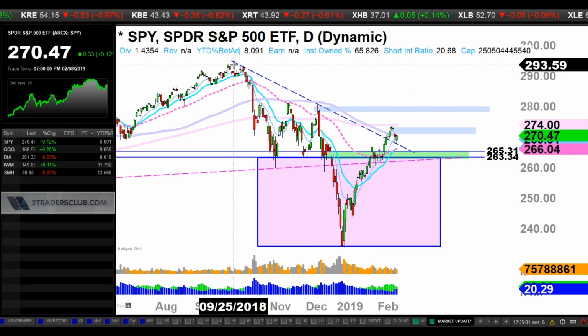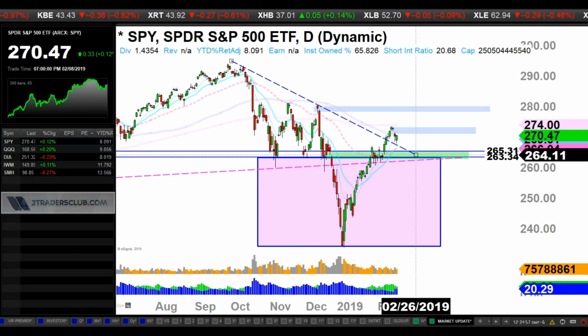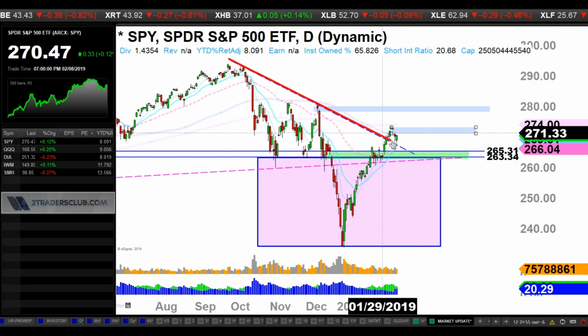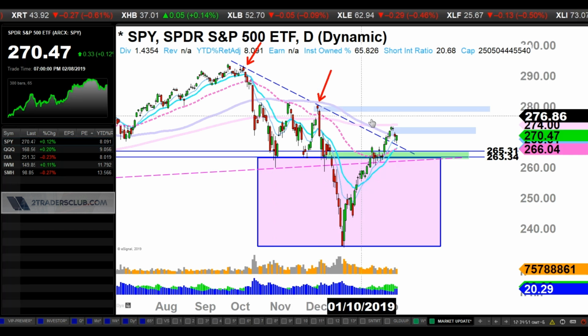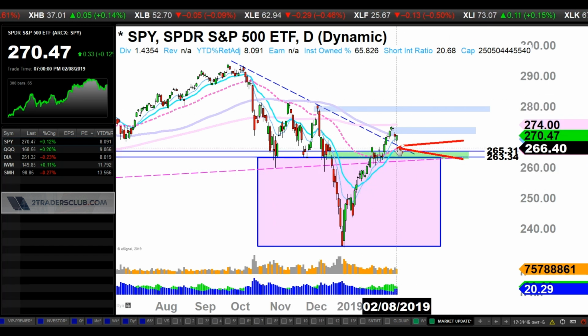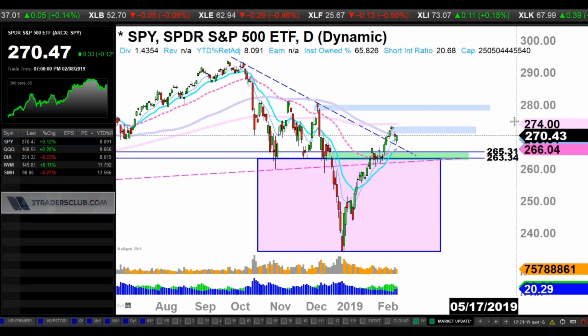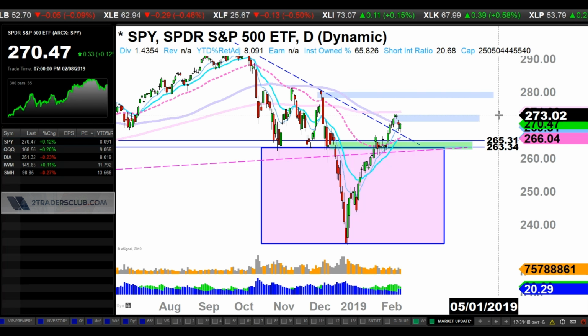We actually retested old resistance as potentially new support there. You can see this is the downtrend resistance, and we're hanging around there. Really though, we've got the 20 MA, 50 MA. We talked about that last week as well. So we got this gap down, and that gap down is going to make things a little bit hectic if bulls don't go up there and fill that gap as soon as possible.